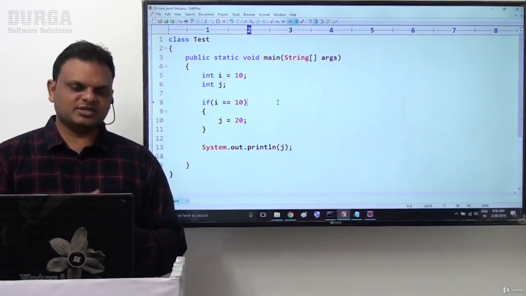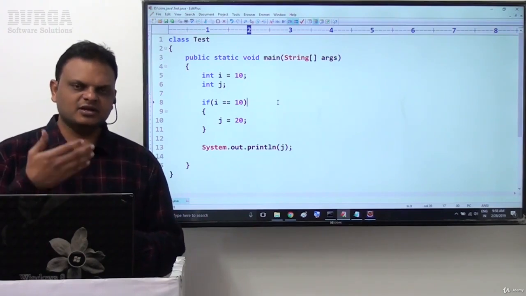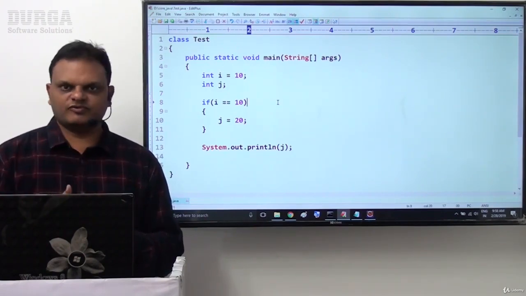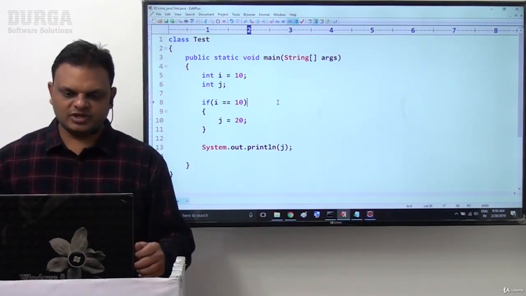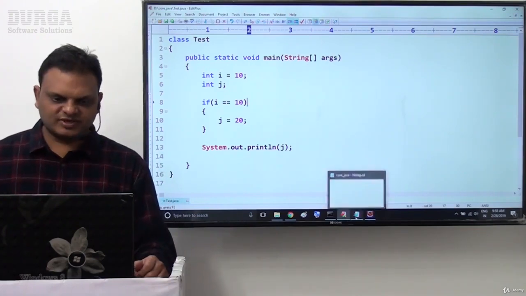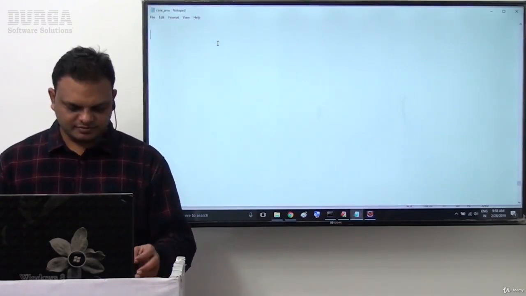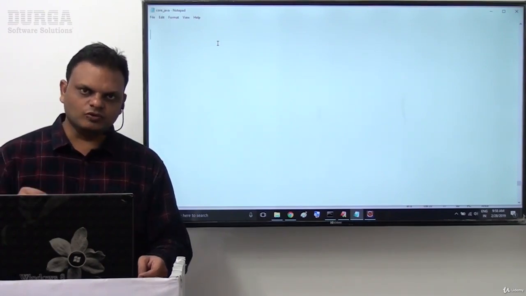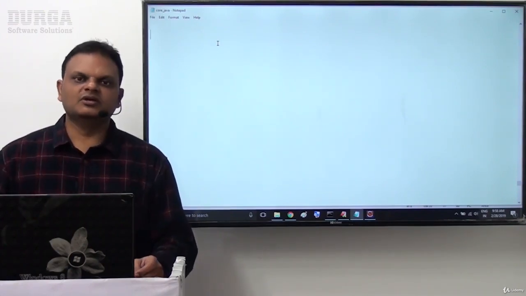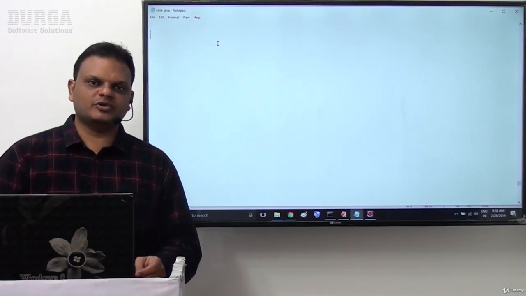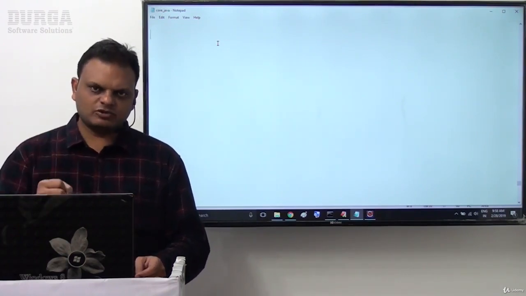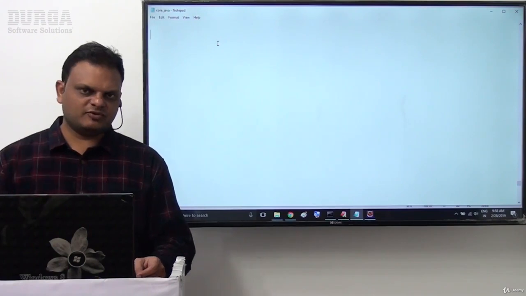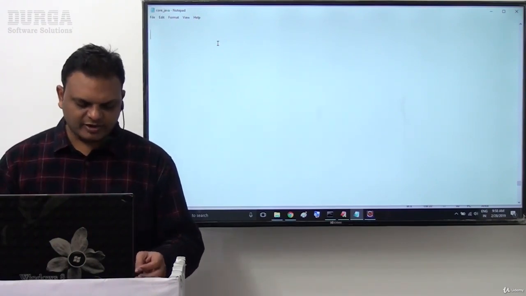If you understand the reasons, then only can we understand why we are getting the error and how we are going to come out of these errors. I'll give a few examples clearly. First of all, let us understand the reasons for this example. To know why we are getting a compilation error and how to come out of it, we have to understand a few fundamental points in Java.